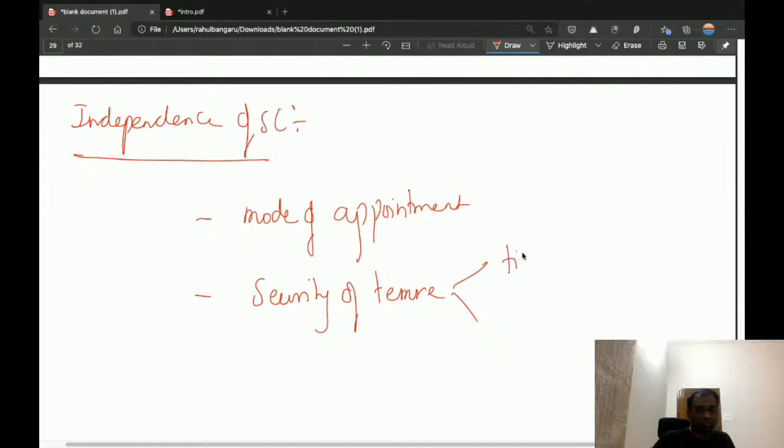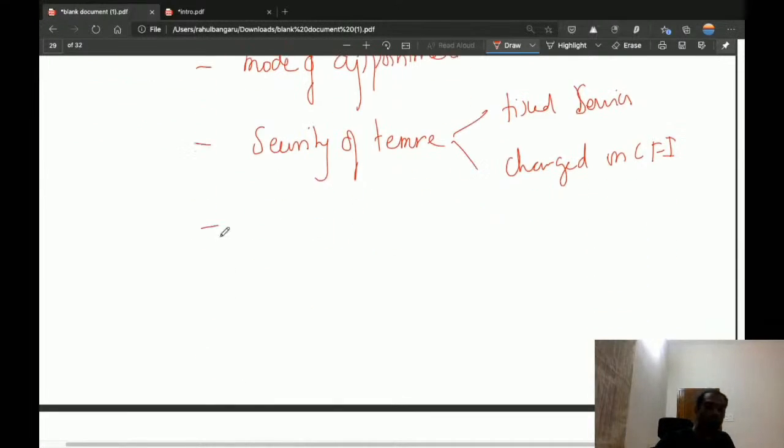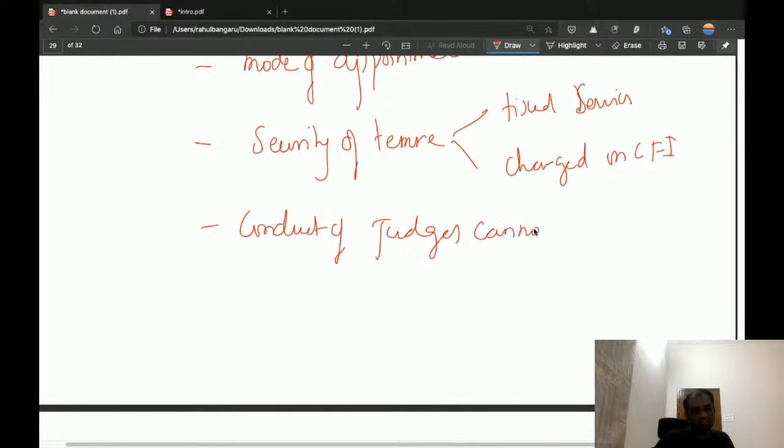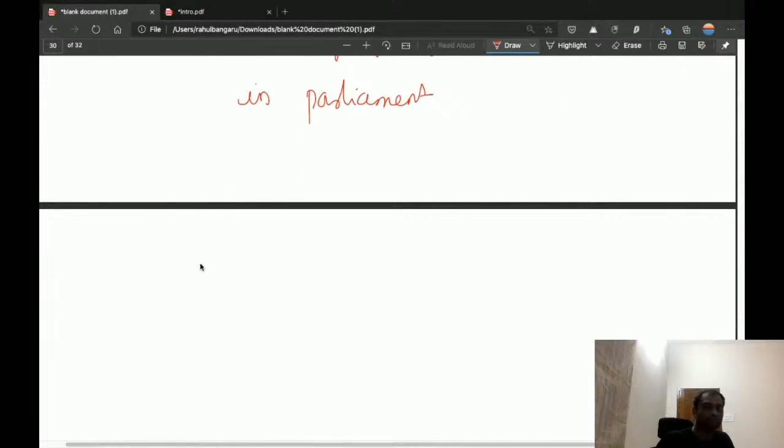Okay, by providing fixed services, their salaries and allowances are charged on the Consolidated Fund of India. Okay, and then the conduct of judges cannot be discussed in Parliament. Okay, the conduct of judges cannot be discussed in Parliament, and also there is a ban on